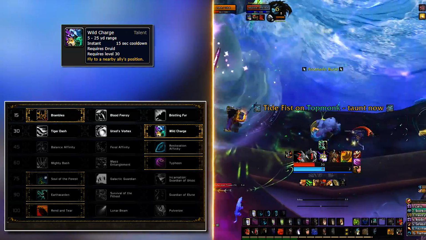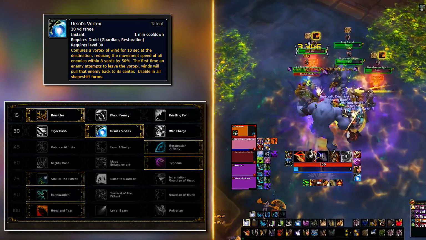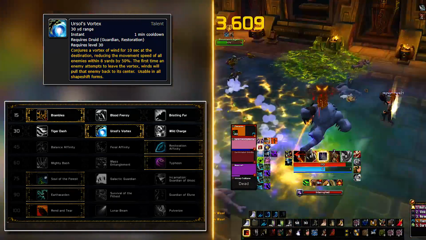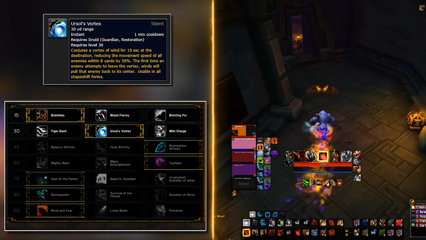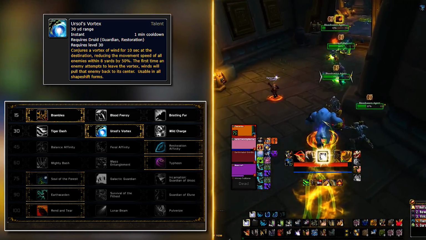In dungeons, however, you can take Ursol's Vortex. It helps when you need to kite mobs on specific affixes or simply to survive a pack. You can also combo it with Typhoon to make a pseudo grab and gather all of them fools together. Moving to the third row, here is what makes a druid